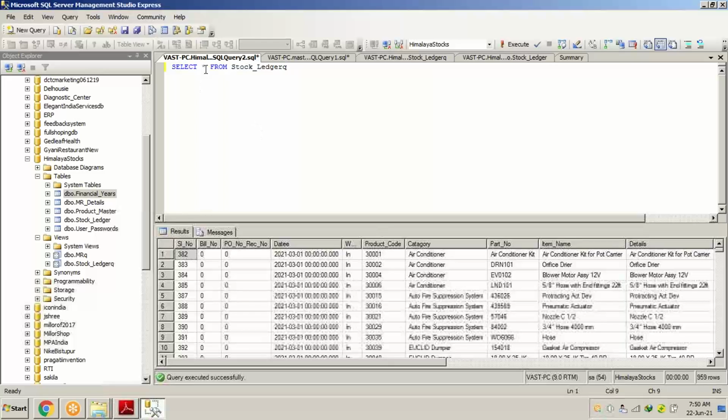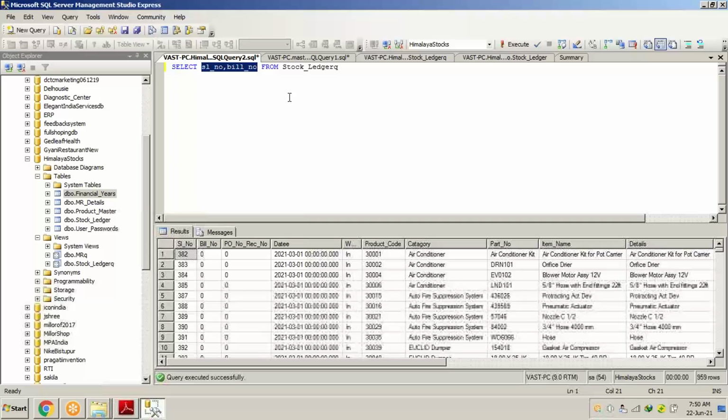Suppose I write, you can see there are two fields, serial number and bill number, SL underscore NO and BILL underscore NO. Instead of star, if I write SL NO, comma, bill NO. Just see how I write it.